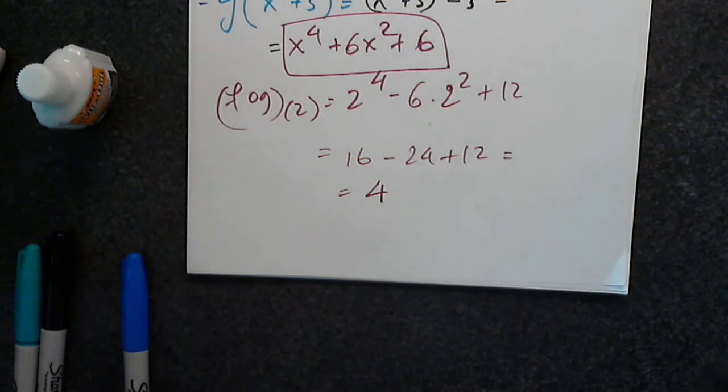And we answer all parts. So f comp g, we determine to be x to the 4th minus 6x squared plus 12. G comp f, we determine to be x to the 4th plus 6x squared plus 6. And then f comp g of 2 is 4. So that is function composition, an example. Now we're given two functions, and we're asked to show whether they are inverses of each